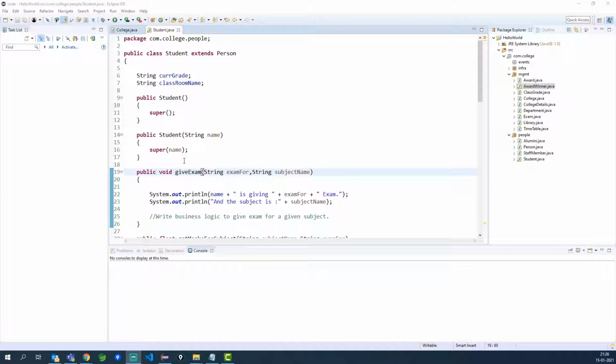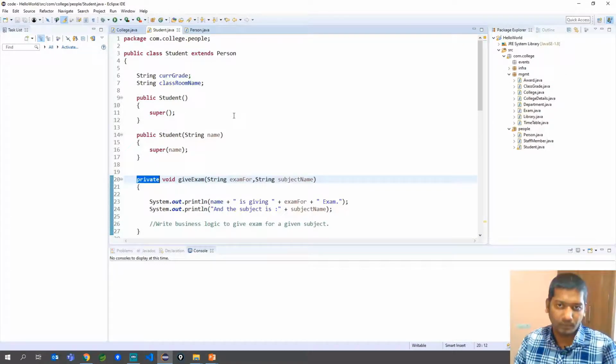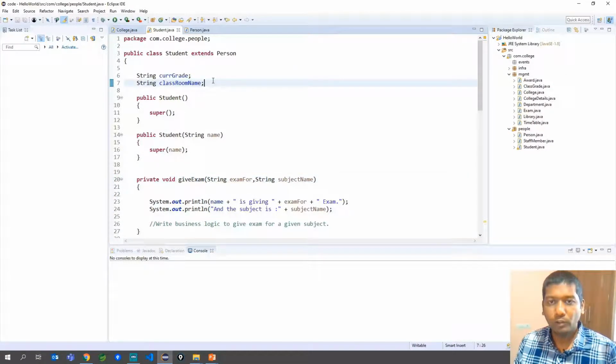Similarly, we can give them for data members also. So I will now focus more on the data members. I will create 4 types of data members with different access modifiers. Before we go ahead, when we define a data member as default, there is no keyword that you have to specify. If we are not providing any access modifier, it is considered the default category. There are 2 variables here, current grade and classroom name, and these 2 have the default access modifier. Now I will create 2 more variables so we have 4 different accesses.